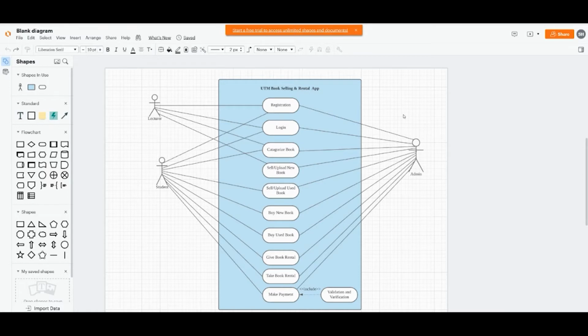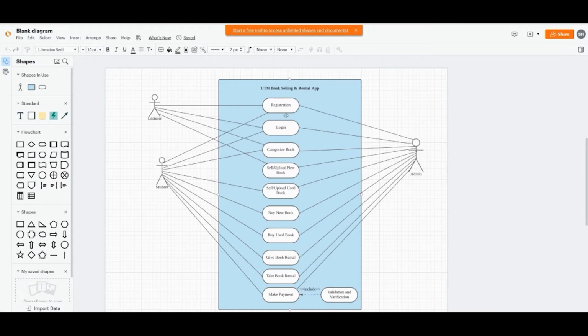This topic is related to books. A lot of students are admitted to UTM every semester, both local and international. During that time, they face some problems having books. To solve these problems, and to make a great contribution for the students who face problems getting books, my project is for them. This is the use case diagram of my proposed system,